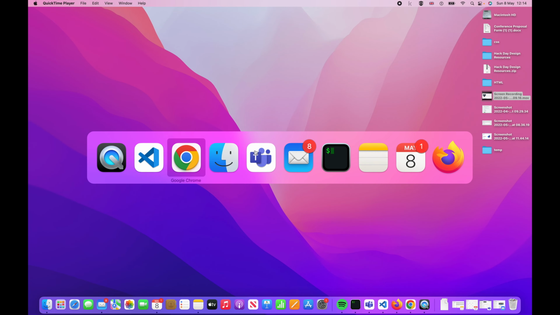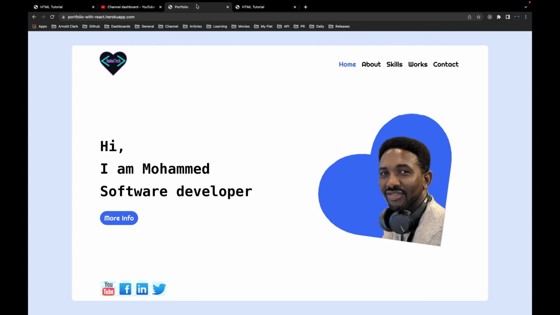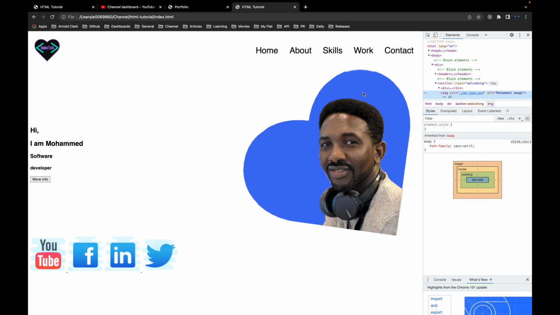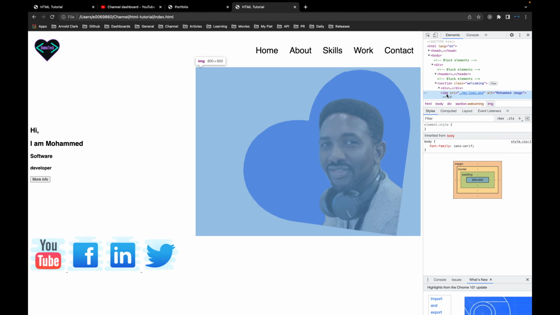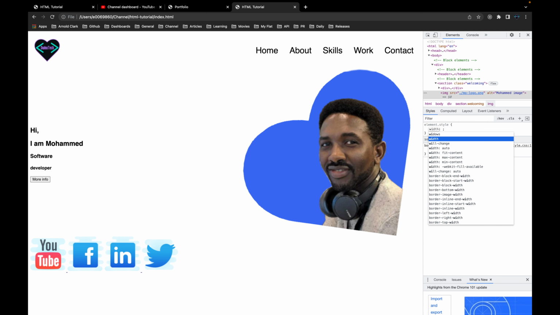And come to browser, reload it. That's working now. So next step, let's see, is this image the same size as this? No, the image size is a bit smaller. If we need to reduce the size of this image, let's just reduce that one. Select the image first, and then let's add, for example, width,